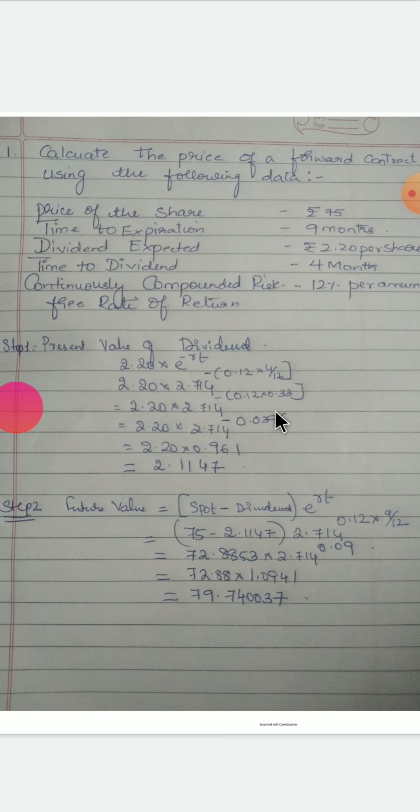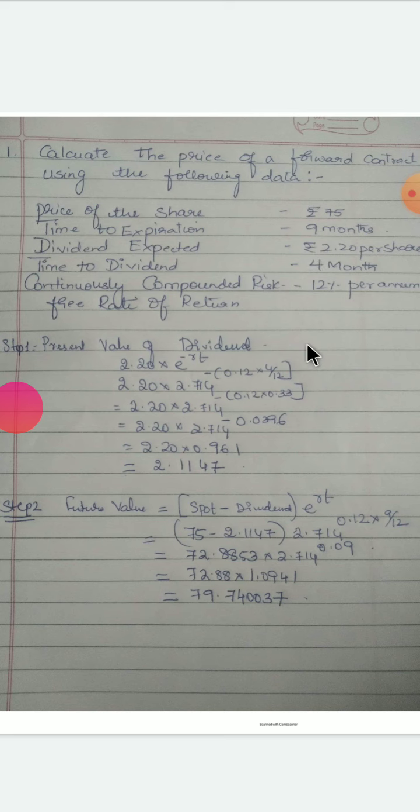One is the straightforward problem, that is spot price is given, interest rate is given, then you multiply that, you will get the future price. Then the spot price is given, dividend also is given, then you take the spot price minus your dividend, then you multiply with your interest, then you will get the future price.